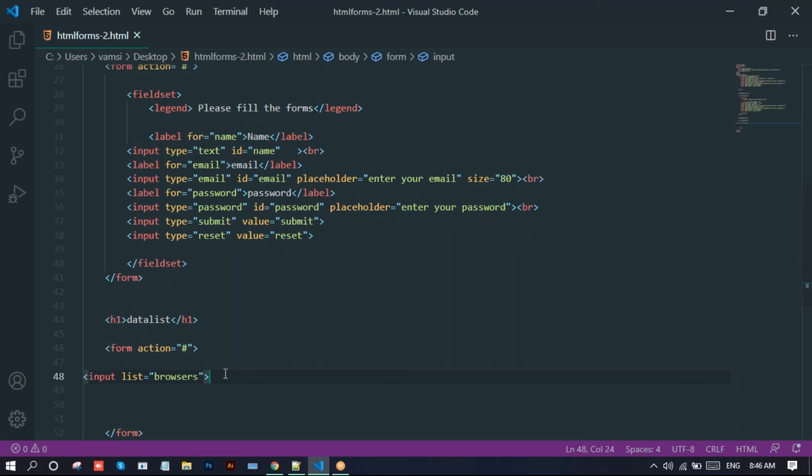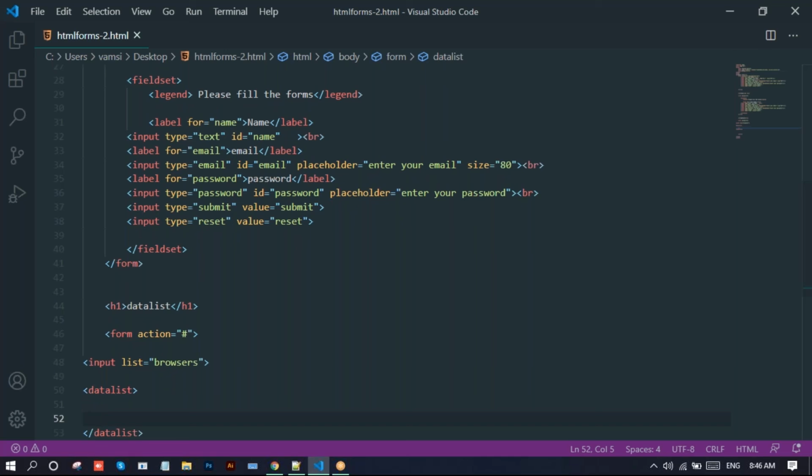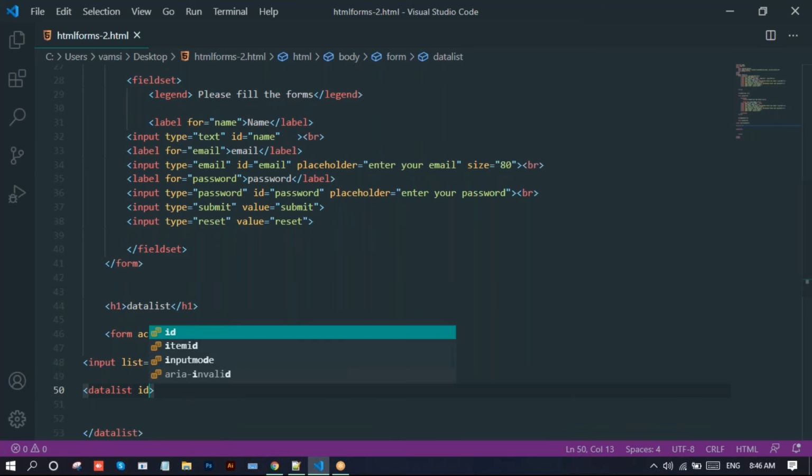So you need to access this input, write the datalist tag. Datalist. So in this datalist we can use the id, we can use the id there. So id, copy this browsers and I can paste it there,